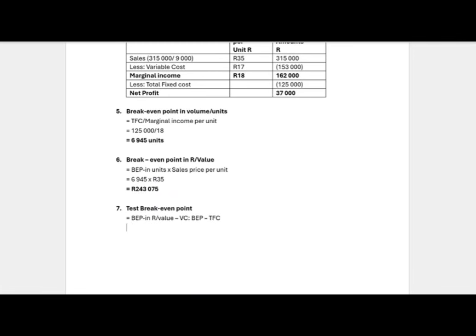Okay, so now already we have break-even point in value, in rand value, which is 243,075. All right, and then we have to minus our variable cost break-even. How are we going to calculate our variable cost break-even? We are going to say